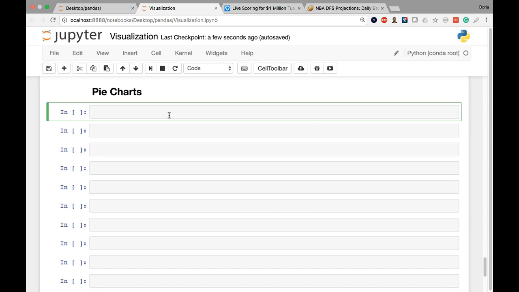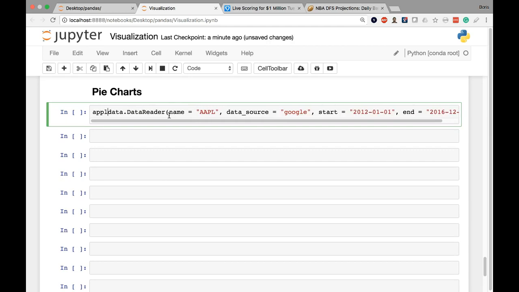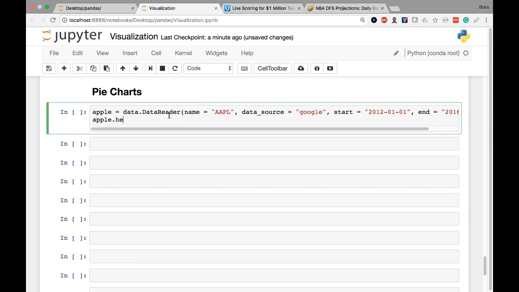pie chart data. So let's go ahead and use our data reader library to pull financial stock information for Apple. I'm going to once again use the data reader method on my data module within Pandas data reader. This time I want to query stock information for Apple. It's once again going to be for Google. For this date range, I want to start at the beginning of 2012 and proceed to the end of 2016. I'm going to store this in a variable called Apple and preview the first three rows with the head